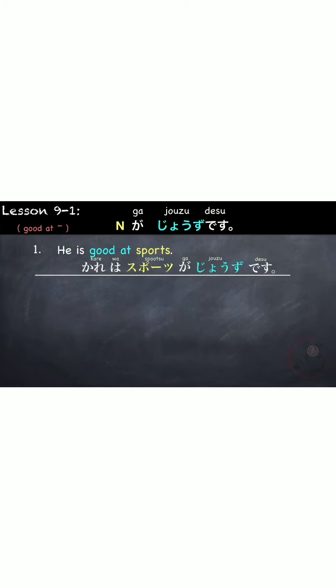Next is how to express that you are good at something. To be skillful is 上手 and ~が上手です。Good at something. For example, he is good at sports. First, our subject is he. 彼は followed by our noun, sports, and then the particle が and then good. 上手です。彼はスポーツが上手です。